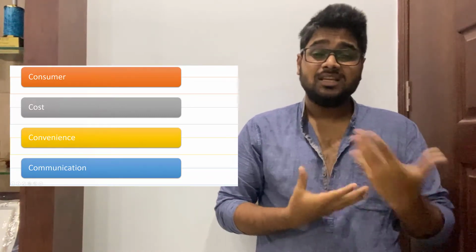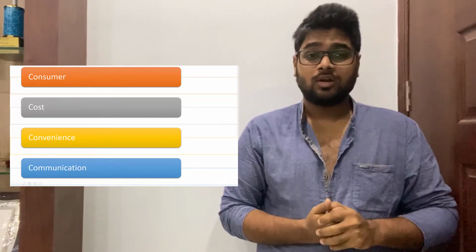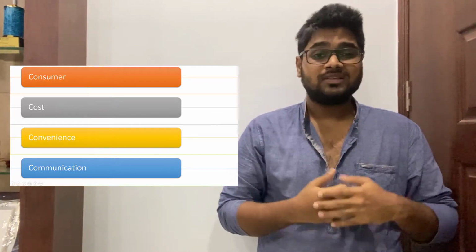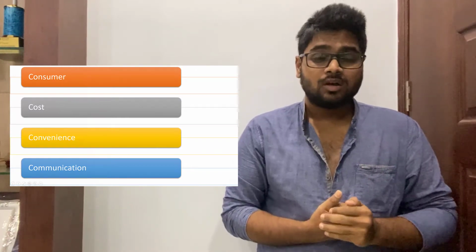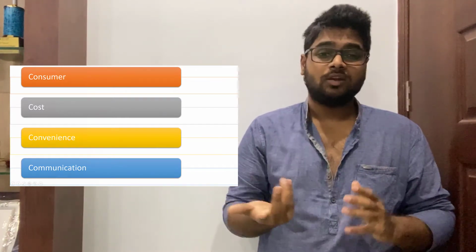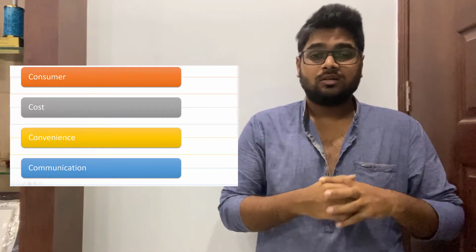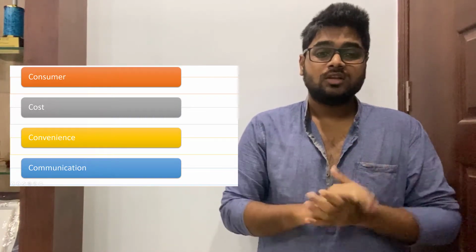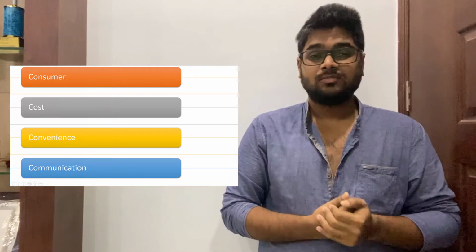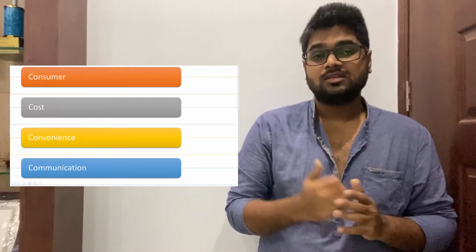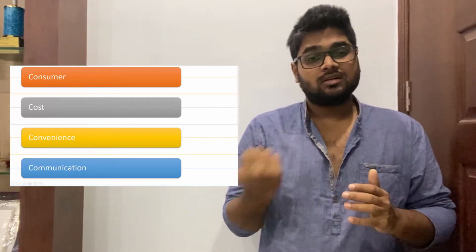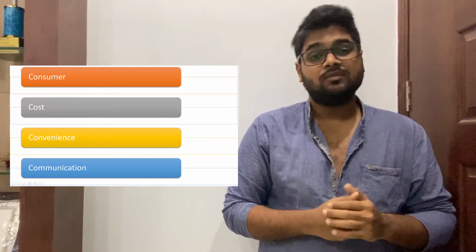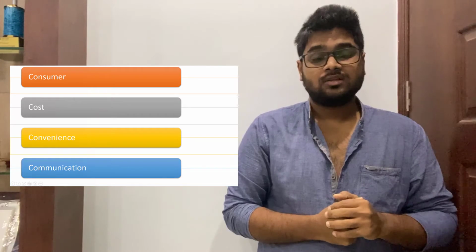Convenience is basically the ease of buying your product or service. If it is very difficult or confusing for a customer to search for a product, whether online or in retail stores, or whatever media you choose, they are really not going to buy your product. They're just going to shift to a better alternative, something which is easily accessible, even if it is pricier than yours, right?